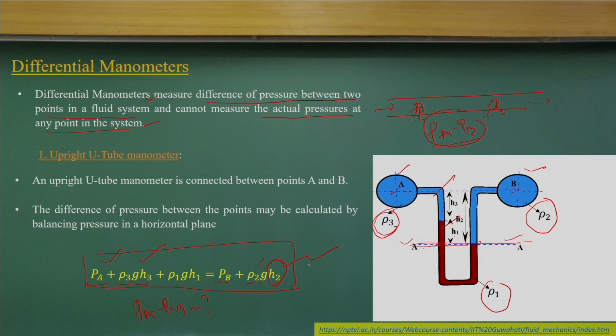When we are talking about this, we are considering per unit area. So, that is the reason we have rho 3 g h3 and rho 1 g h1. These 2 terms come from here, and these terms come from here. So, you can write these simple equations. You need not remember it, only know that as I am going down, you have to consider the weight of the fluid, and that weight per unit area is equivalent to a pressure, which you add at this surface. So, it is a very easy way.